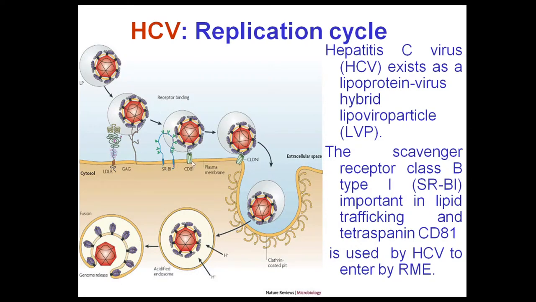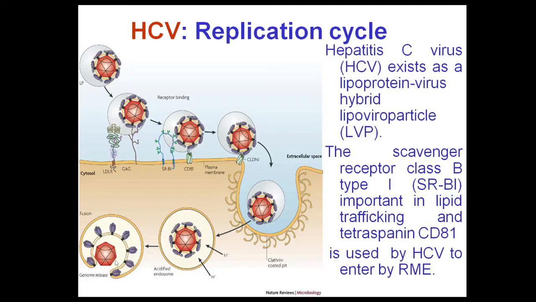So it means the virus uses the receptors responsible for trafficking of lipids in the cell, and then enters by receptor-mediated endocytosis, usually into clathrin-coated pits, and due to the acidification of the endosomal